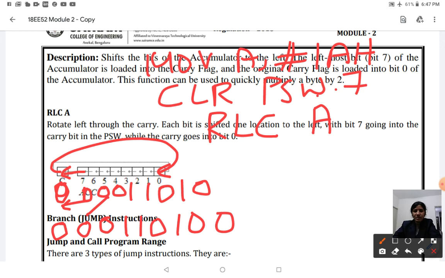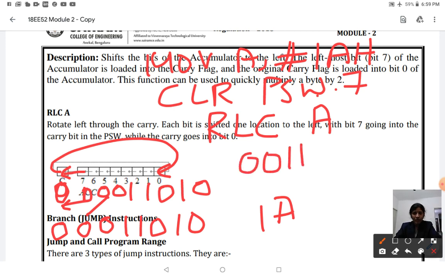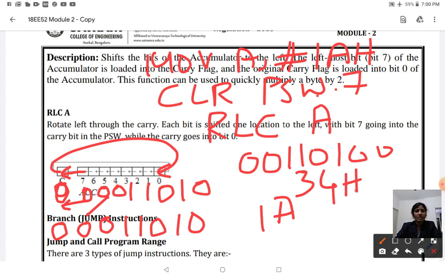After the rotate left through carry instruction, the content of the accumulator is going to be 00110100. So 34H is the answer after execution of RLC A.